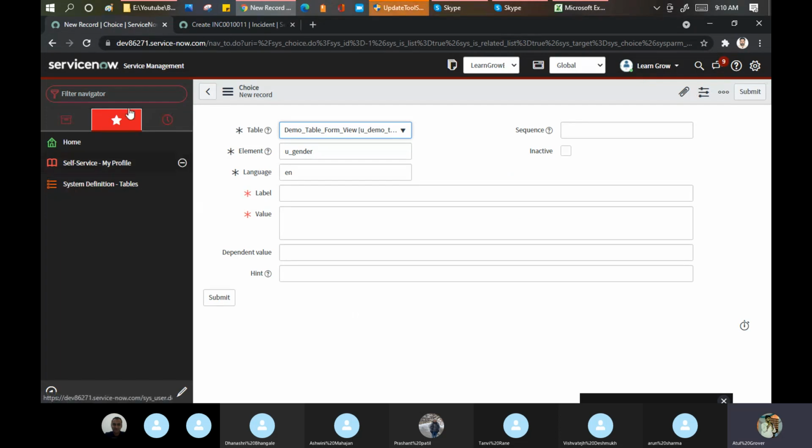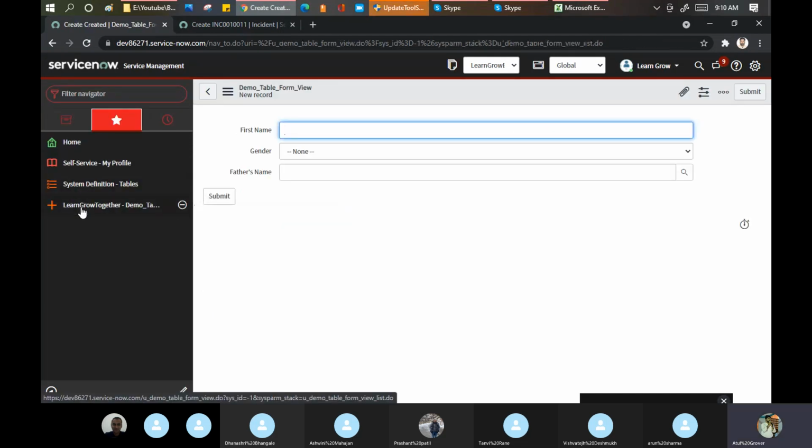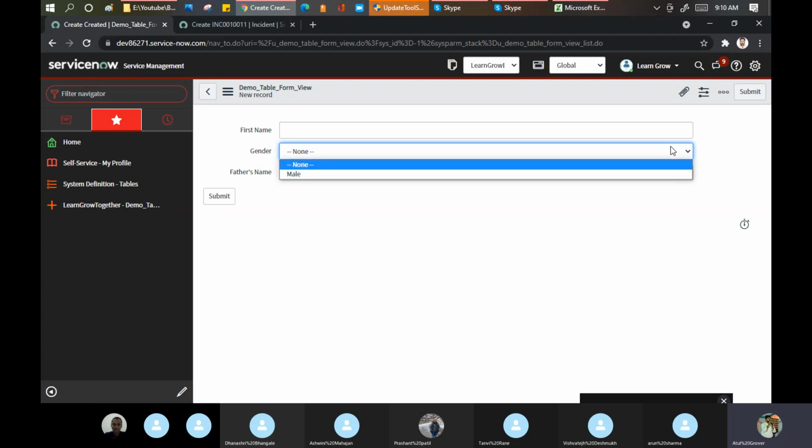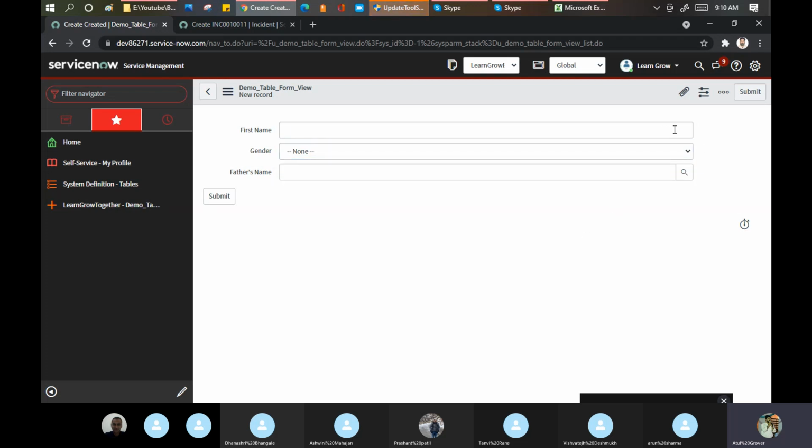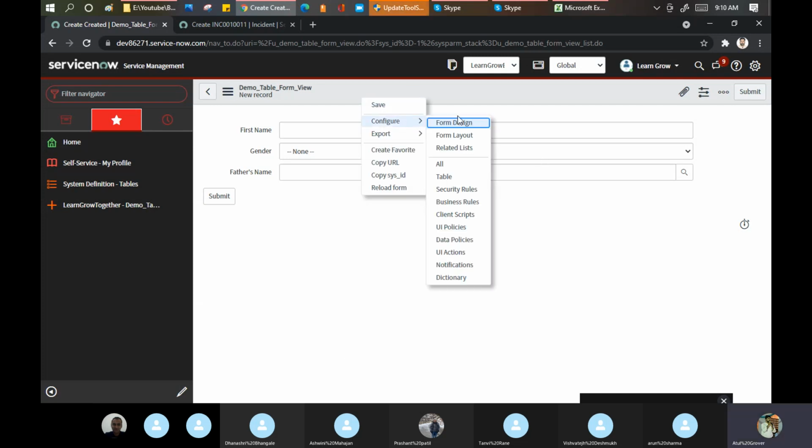Now, when I open this, let me mark a star here. The first question, Atul, it doesn't look good to me. First name, does anyone have such a big first name? Gender, so big. Father's name, such a big column. No. Then what to do now? The change you want to make on this particular place is called configuring the form design